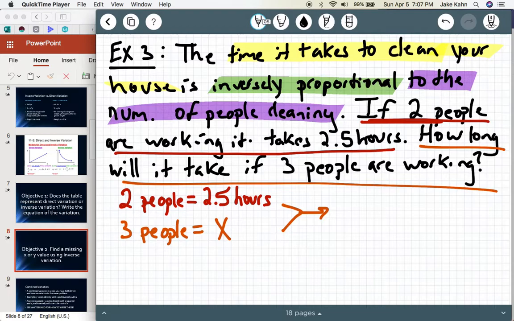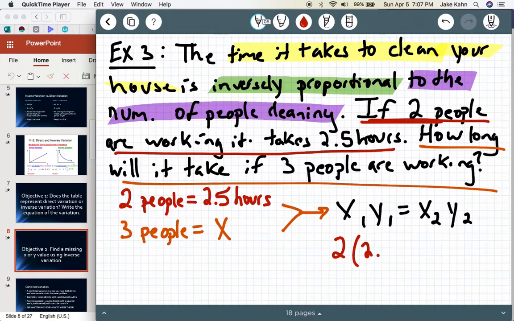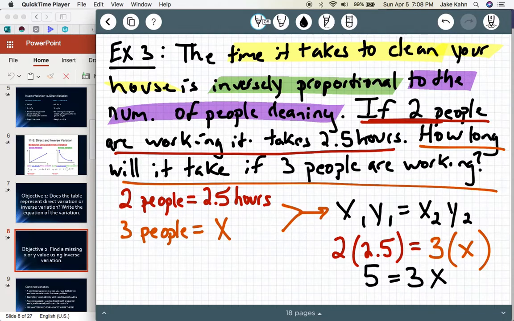Just going to do this in one color. x1, y1 is equal to x2, y2. Our first case is, in red, 2 people times 2.5 hours is equal to our second case, which is 3 people times x hours. We don't know how long it's going to take for 3 people. So moving forward, 2 times 2.5 is 5. 5 equals 3x. Divide by 3 on both sides. x is equal to 5/3,